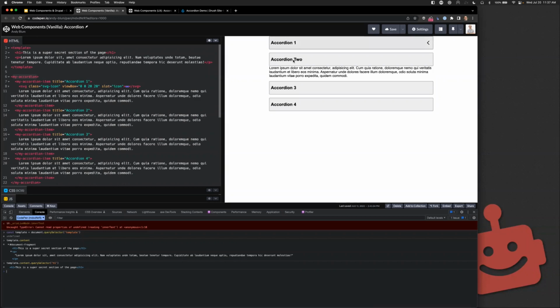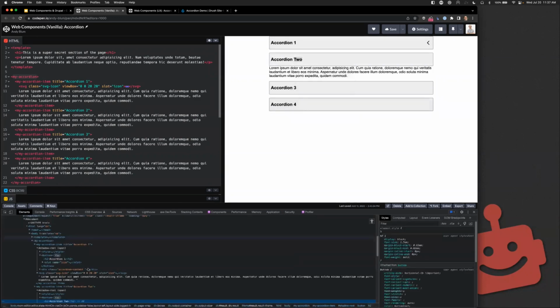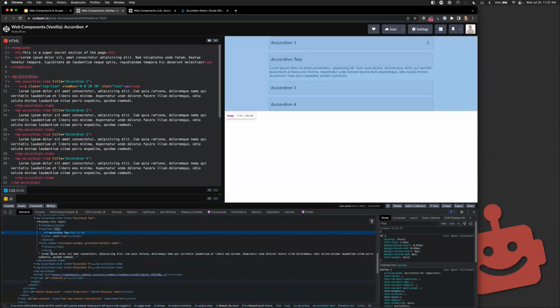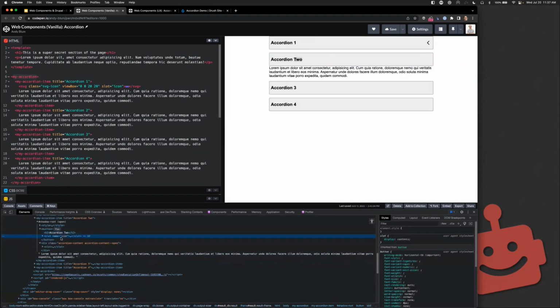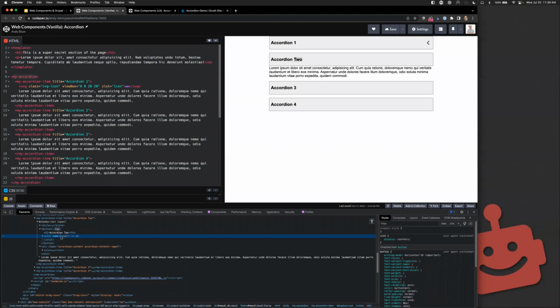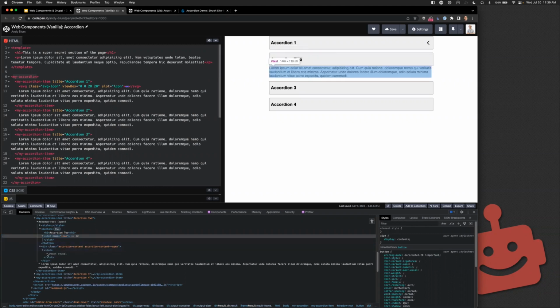So there's our template. And again, if we look at this in the inspector with our accordion 2 item, I have a slot named icon. Named slots only get content that is told to slot into that slot. That's a lot of the usage of the word slot all at once, but I'll show you what that means in a minute. Slots without names get all content by default. So text nodes get slotted in there, elements get slotted in there. Anything that shows up in your inspector is going to be a node. They will all get slotted